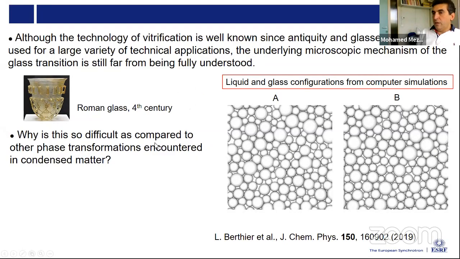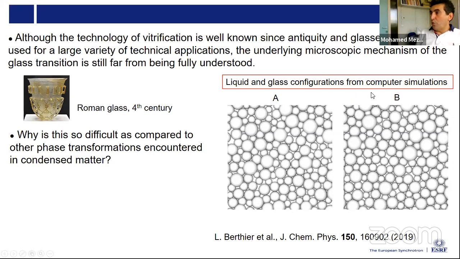The reason is illustrated here. The question we could address is why it is so difficult compared to other phase transitions, such as the solid-solid phase transition, for example, in diamond. I extracted this diagram from a paper by Berthier et al., and I invite you to read this paper because the glass problem is very well presented in it. They performed two-dimensional liquid and glass